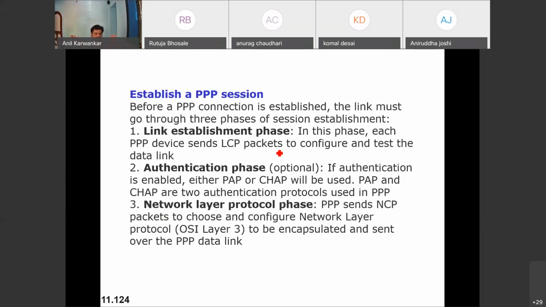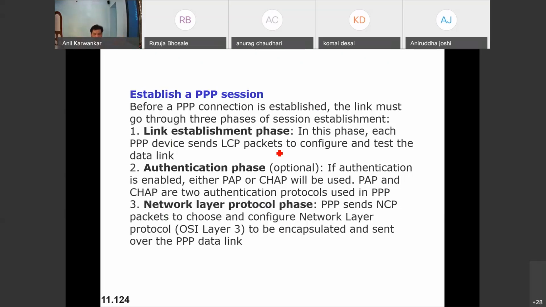Then the authentication protocols, yesterday I told you, are the PAP protocol and the CHAP protocol: password authentication protocol, and challenge handshake authentication protocol. These are the two authentication protocols that are used in PPP. Nowadays also we are utilizing password authentication protocol as well as challenge handshake authentication protocol.